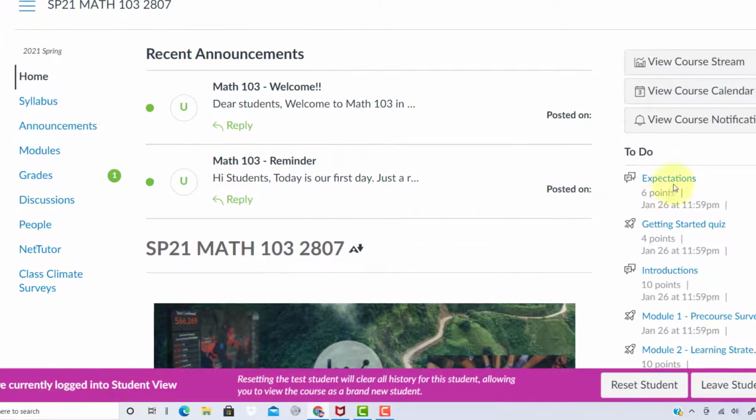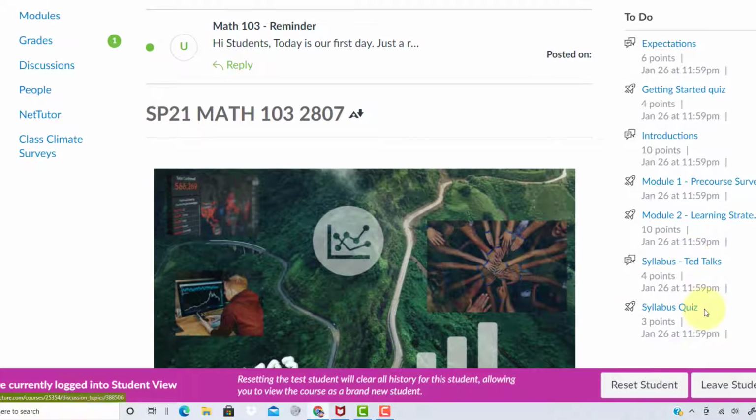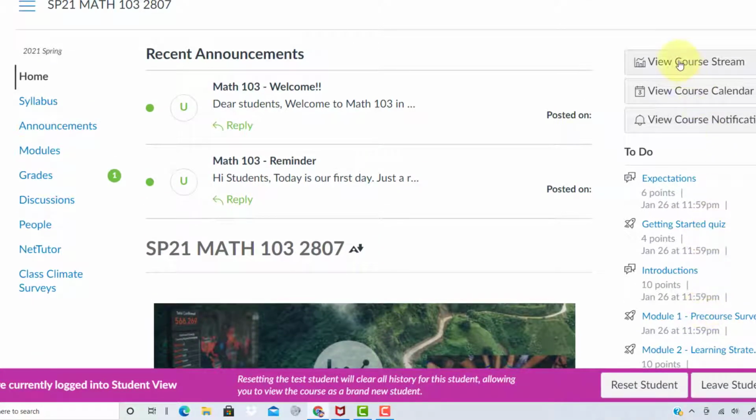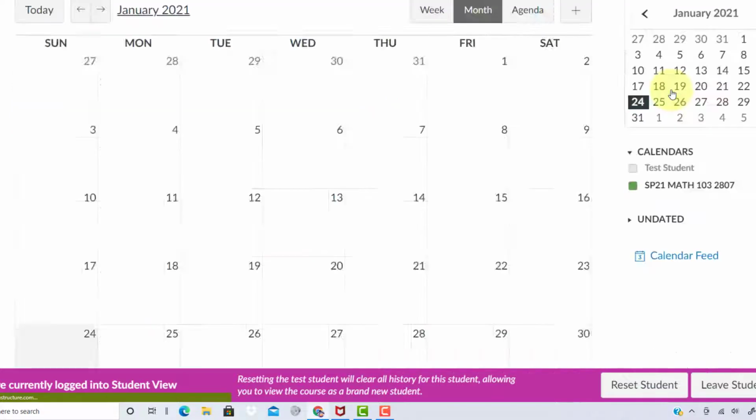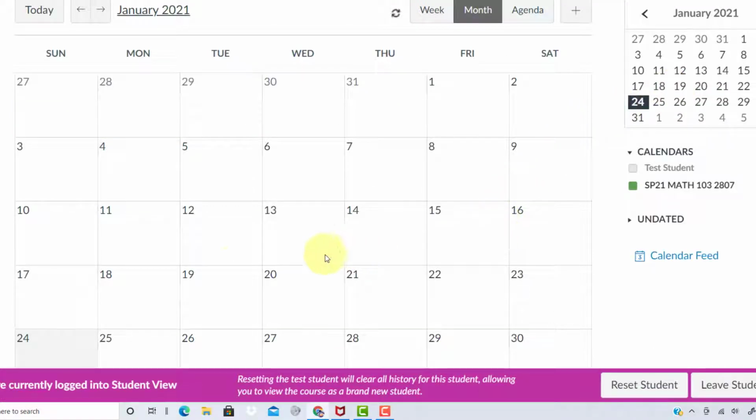In the student view, what you'll also see on the right-hand side is the expectations, getting started quiz, everything that's coming up that is going to be due. It'll kind of show you here what's to do. You also have links to the course calendar. If you've never used that before, the course calendar does show you everything that's going to be due for a